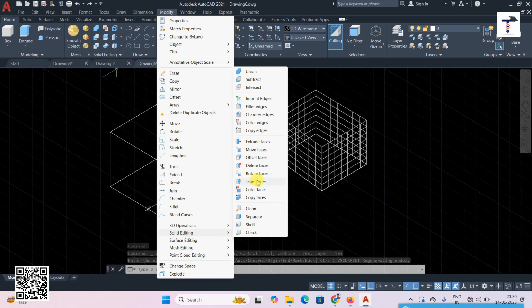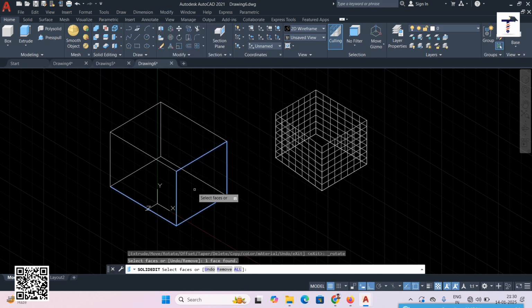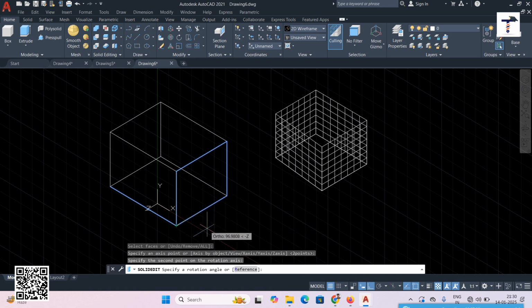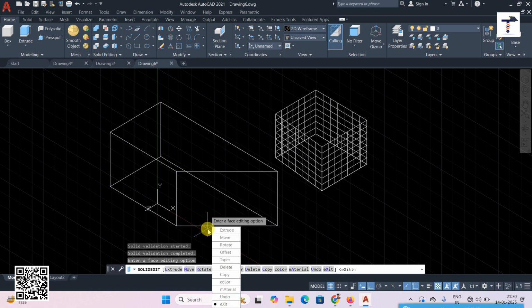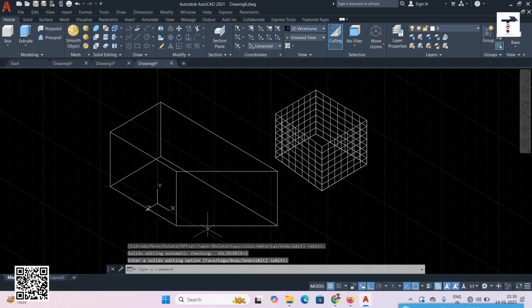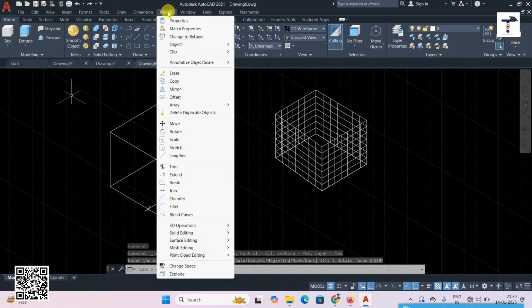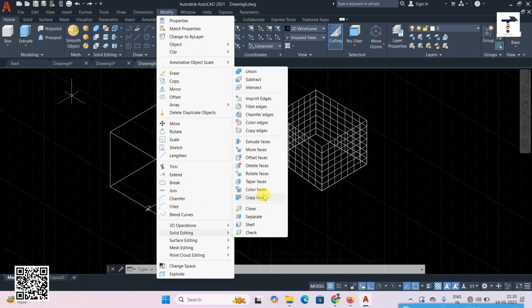Okay, next this one is rotate face. Suppose select this face and right click, enter, and select this one and select that one. Suppose give it here 45. So now this one is 45-degree angle created here. Okay, undo it. Then also modify here